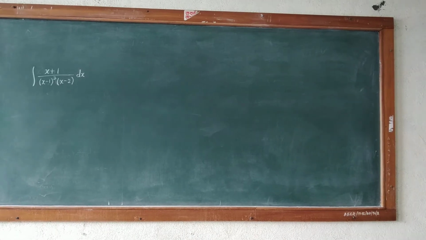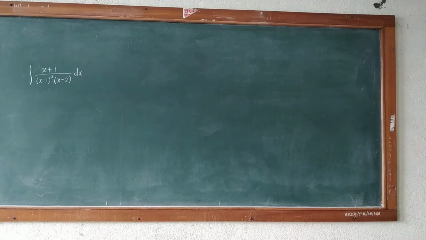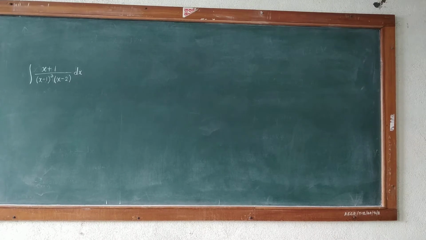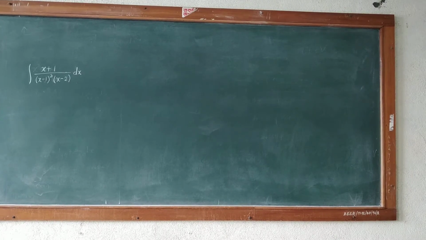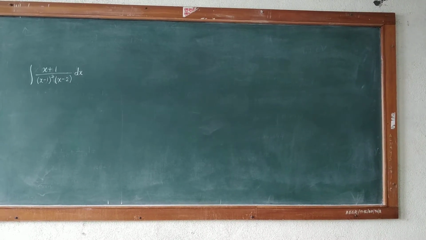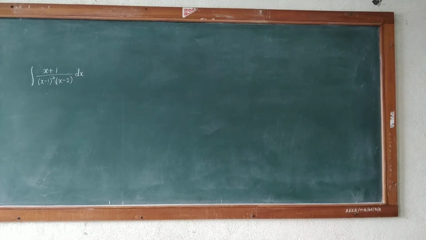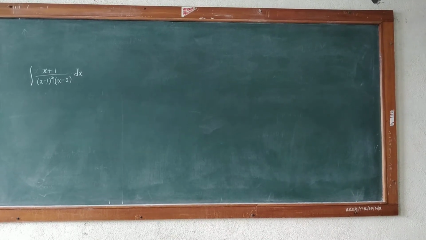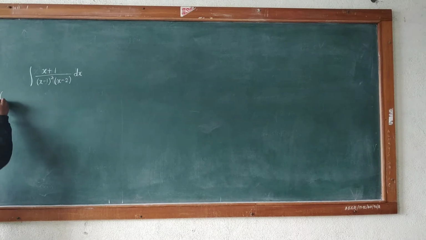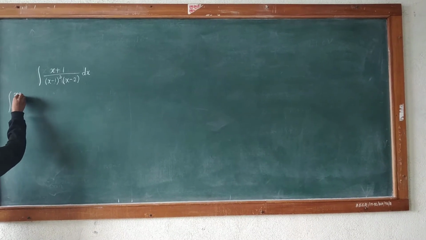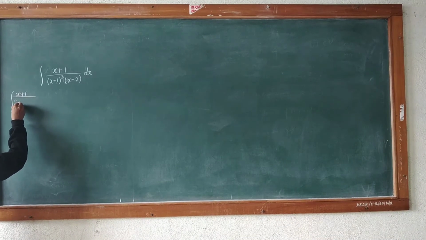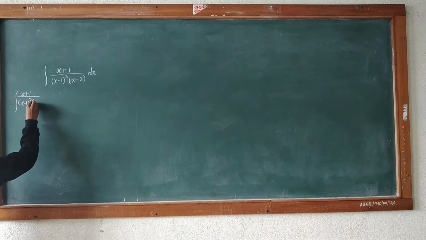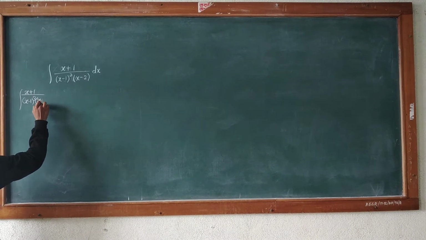We are solving the example of integration of a linear function in which the denominator is linearly repeated. Our example is x plus 1 divided by (x minus 1) cube into (x minus 2) dx. We are solving this example by partial fraction. Therefore, integration of x plus 1 divided by (x minus 1) cube into (x minus 2) dx is equal